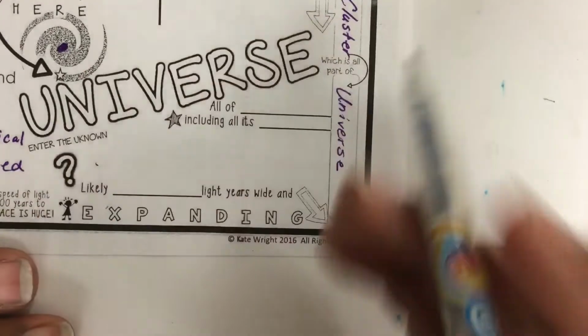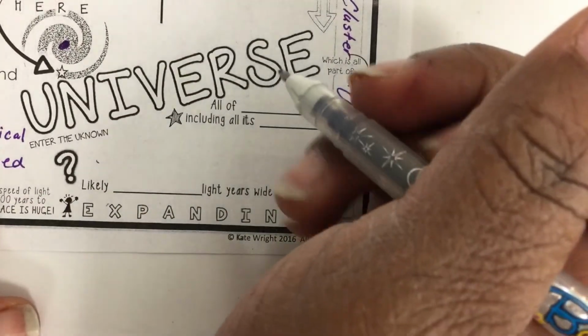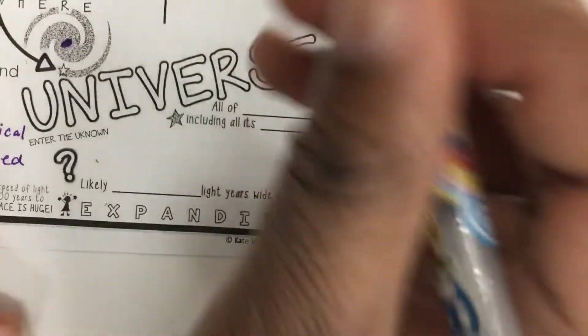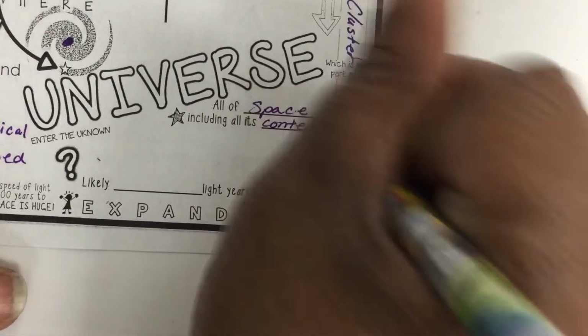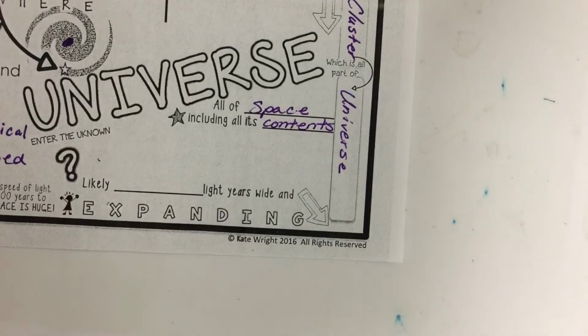The last part, like I said, is our universe. All of space, including its contents. So everything in space. So stars, planets, galaxies,